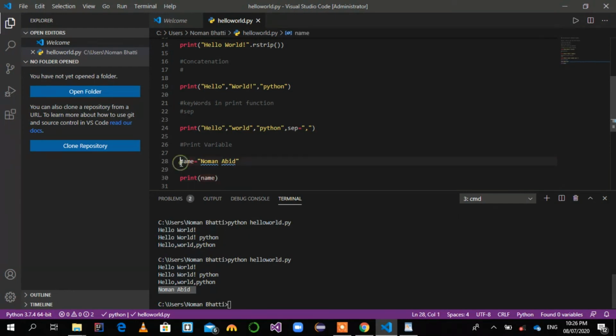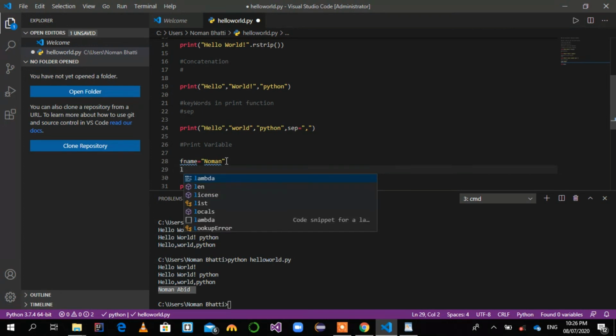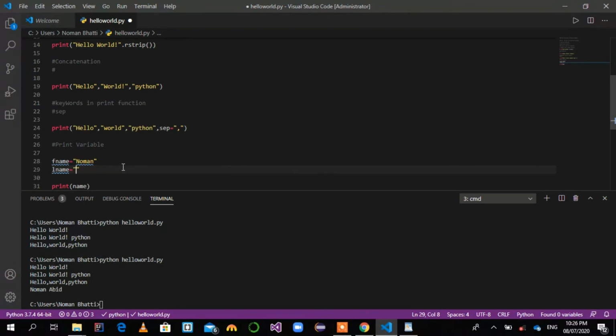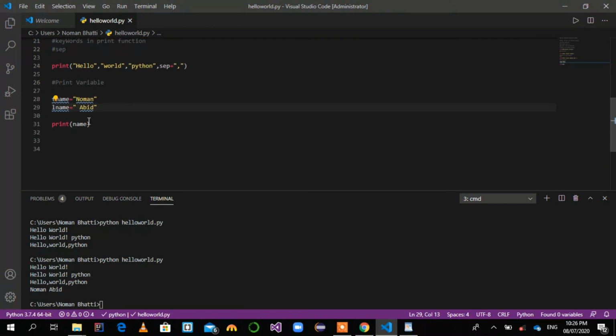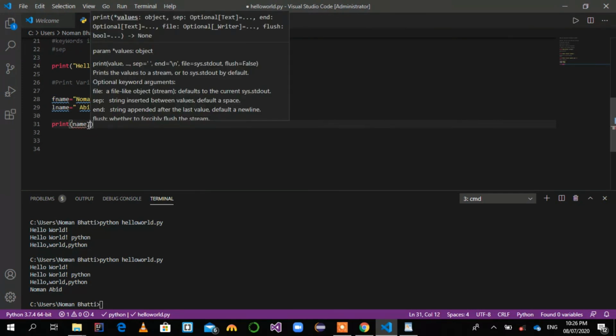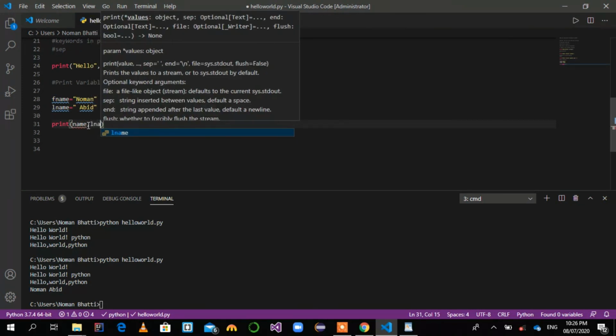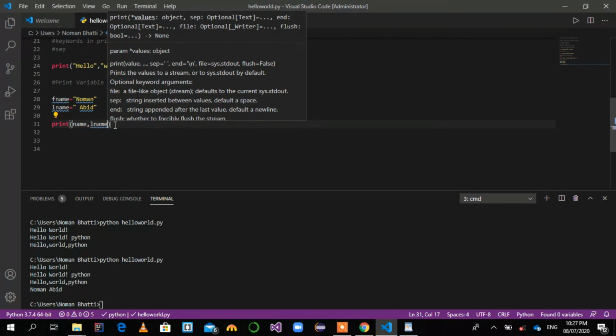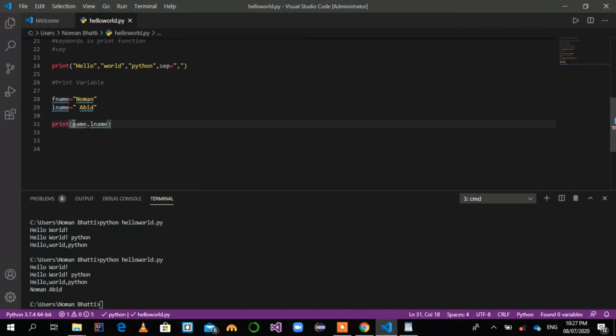Now we are going to use multiple variables and concatenate them in the print function. Here we separate my name into first name and last name. We will use the same procedure as we did before for concatenation. Just replace the strings with variables. Here we pass the positional arguments. Check the results. They are separated by a space.